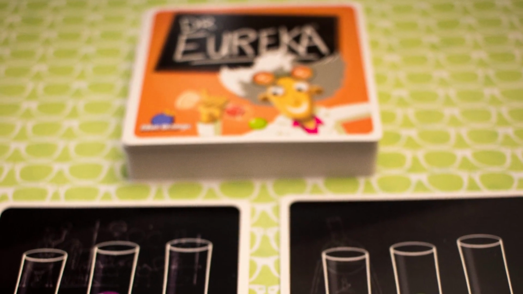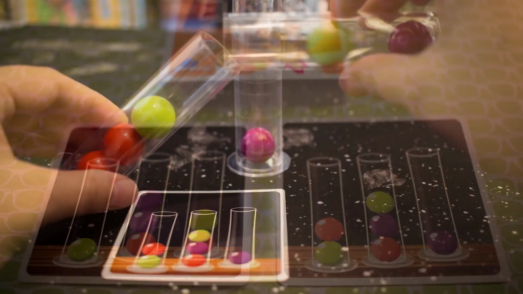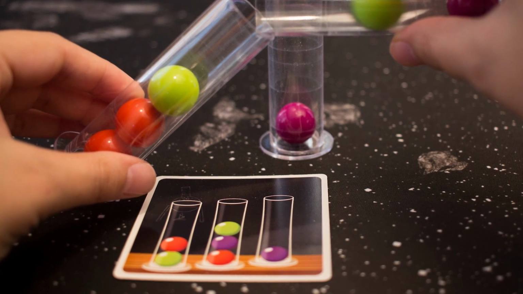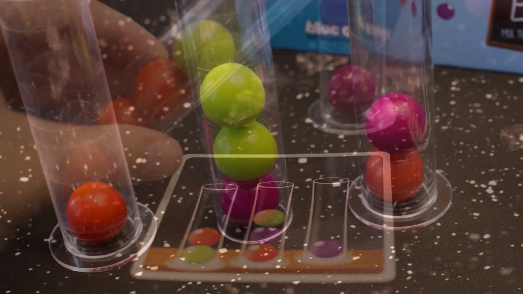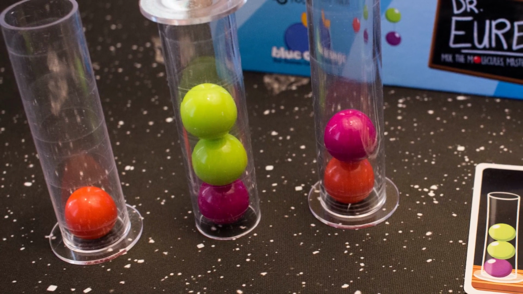Each card shows a particular mixture of different colored molecules in 3 test tubes. Your goal is to be the first player to get your test tubes to match the pattern on the card. The trick is you can only do this by transferring the molecules from tube to tube without touching them with your hands. You can match the challenge card with your tubes right side up or upside down,